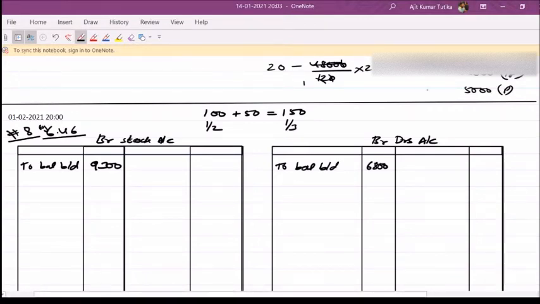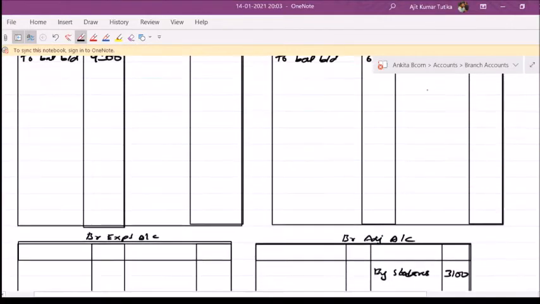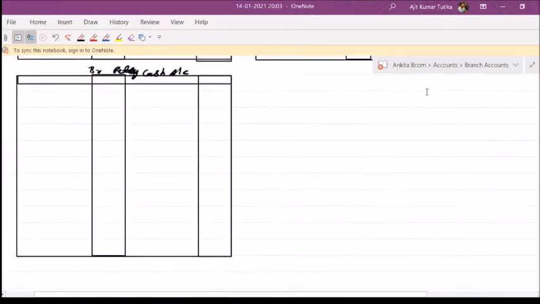Cash in hand on 1st April 2015. Oh, this is not done. Why? In the previous sentence we read that the branch remits all cash received to the head office and all expenses are met by the head office. It means there should not be any cash. But why did the cash come? It will never happen that the branch will have zero cash. It will always have some amount. How do you understand this 100 rupees? It is considered as petty cash. So we will take it as the opening balance of petty cash.